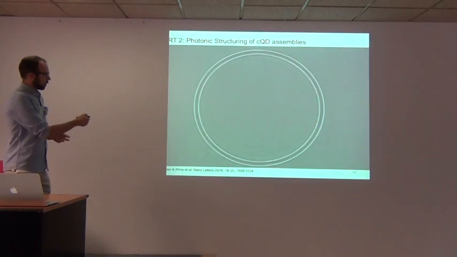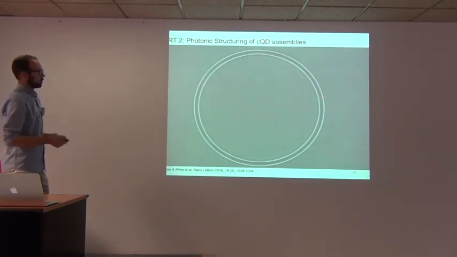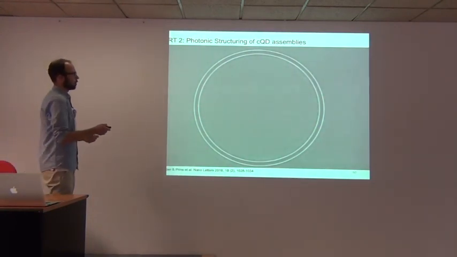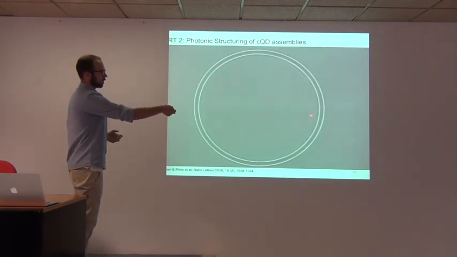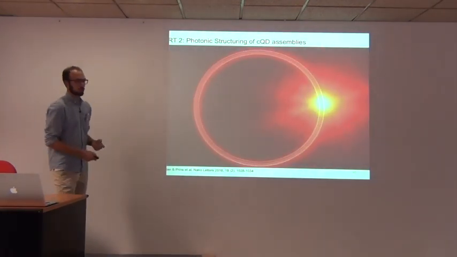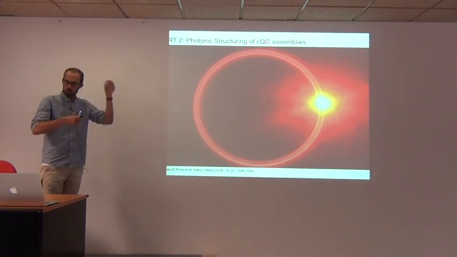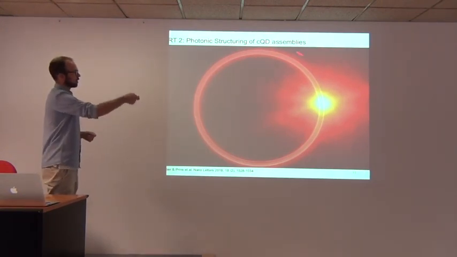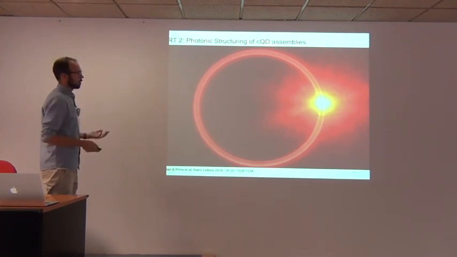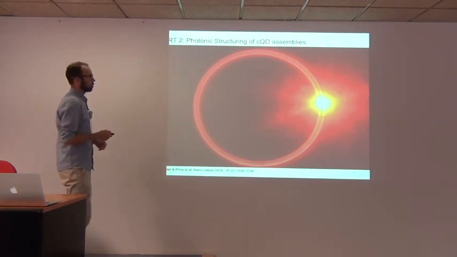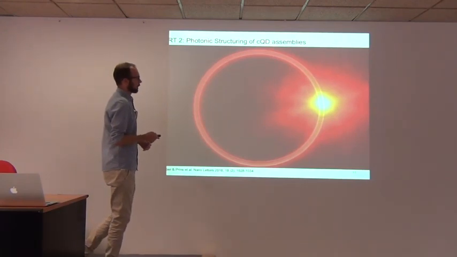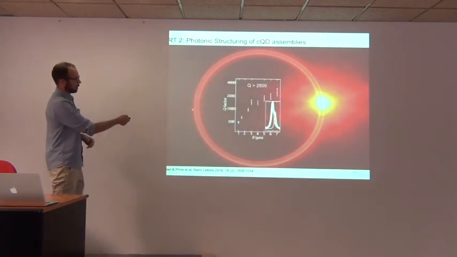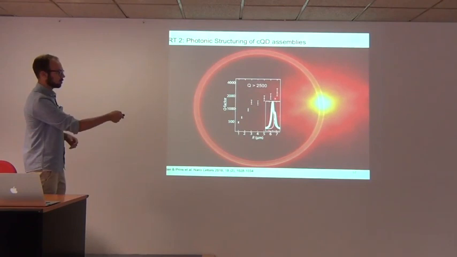And this is one of those ring resonators. An SEM image, about 10 micron in diameter. If we focus down our laser on one side, we can very nicely see that it lights up. This is just a little bit of scattering that is coming off of the quantum dot waveguide. But you see that it's basically allowing the light to travel very efficiently. We can look at the scattering a little bit here, just take the spectrum, and we can see these very nice